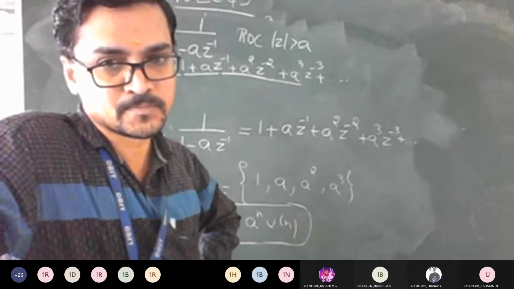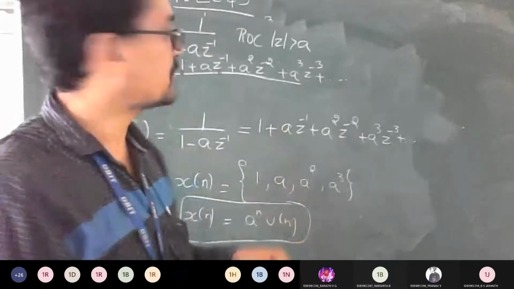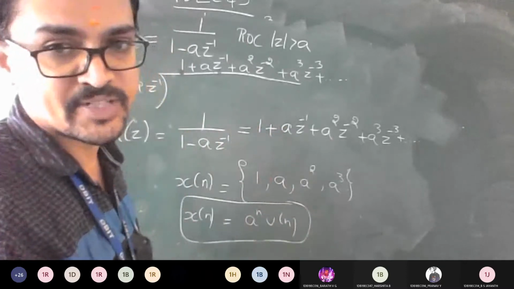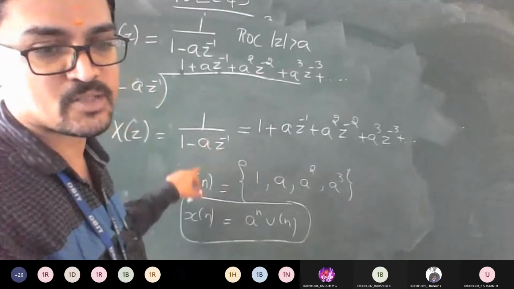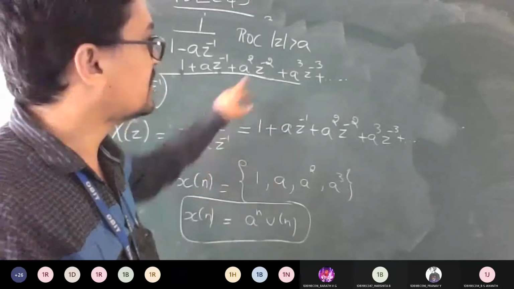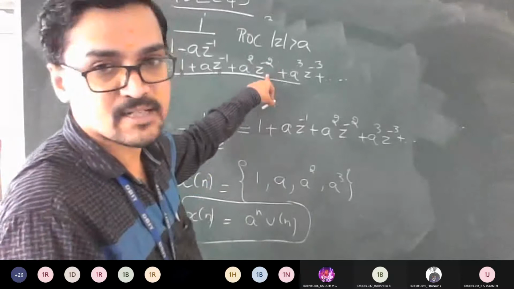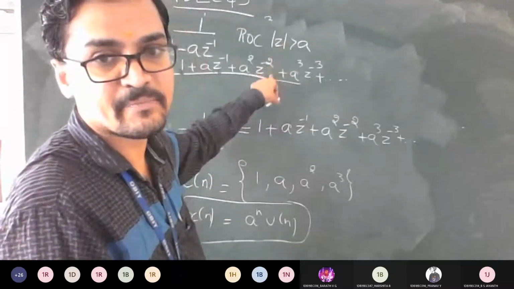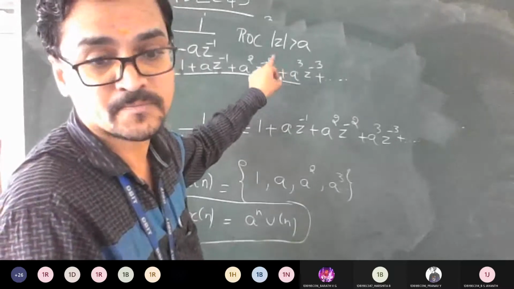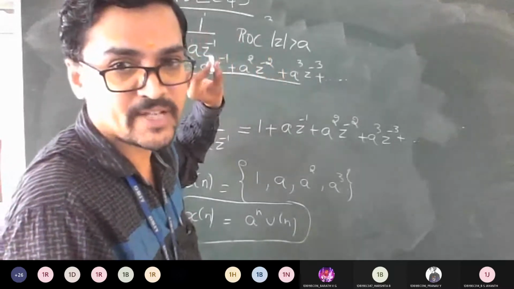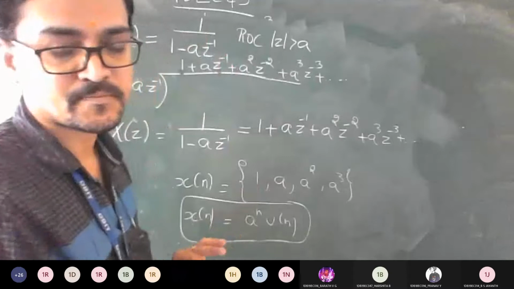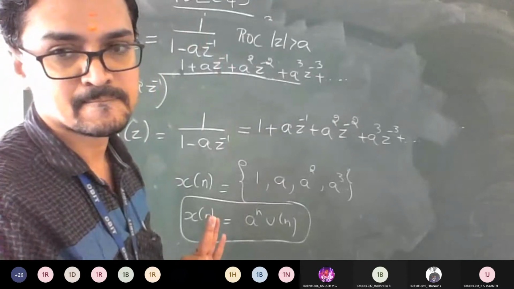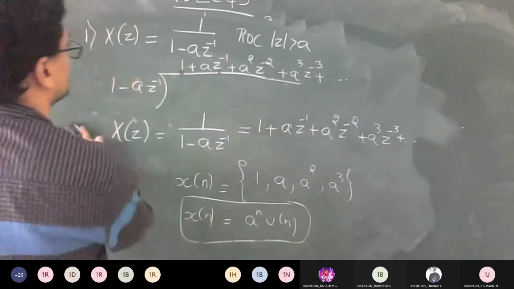Yes, sir. Good. So same problem. Let's try to analyze using z less than a. Then we will check out a slight difference. One thing I told you clearly, if it is z greater than a, the powers will be negative for z. If you go with respect to z less than a, it means this power will become positive. Am I clear? Shall we move on with that? Yes, sir. So let's move on.